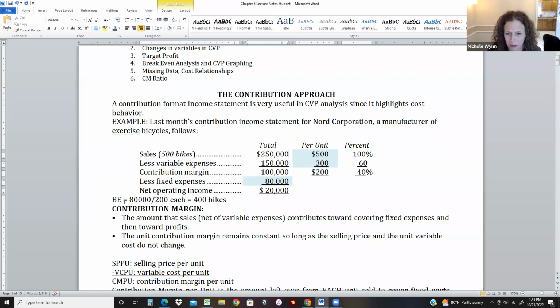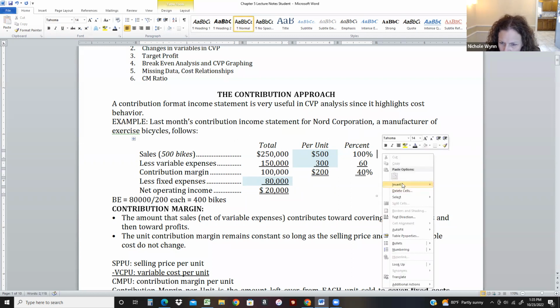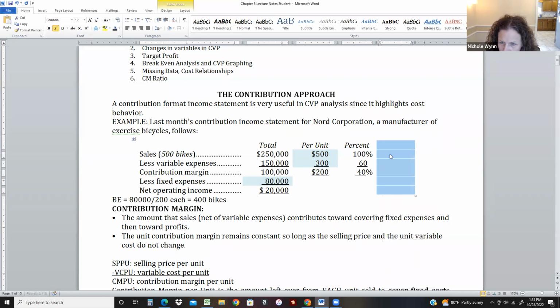But I have these other numbers here off to the side, and I want to be able to write something over here, but I don't think I can. So I'm going to insert a column off to the side. Insert column to the right. And then make it bigger. Okay. So to get that number,